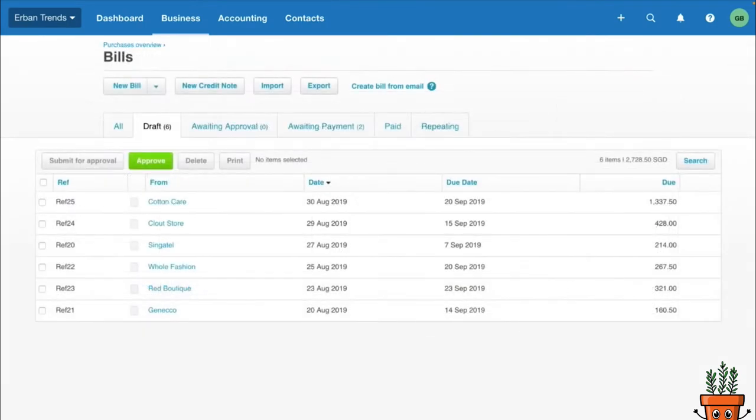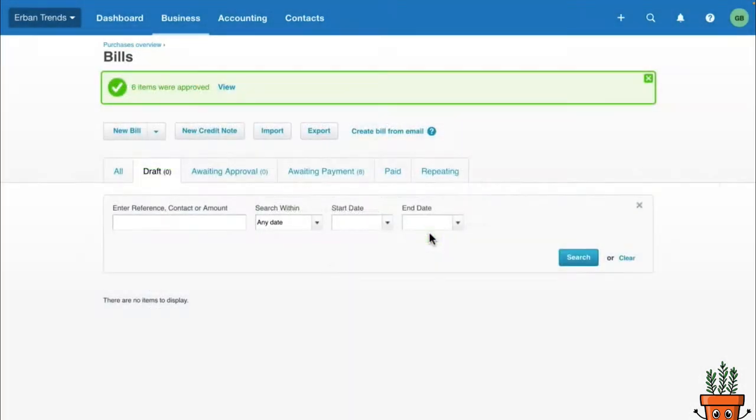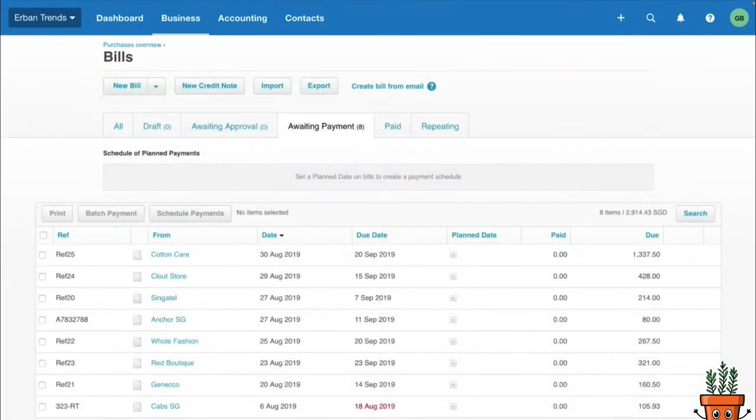Let's return to the draft invoices. The final step is to approve them in bulk. Select them all and click Approve. Then click OK. Xero marks the bills as approved and moves them to awaiting payment. Here they are,